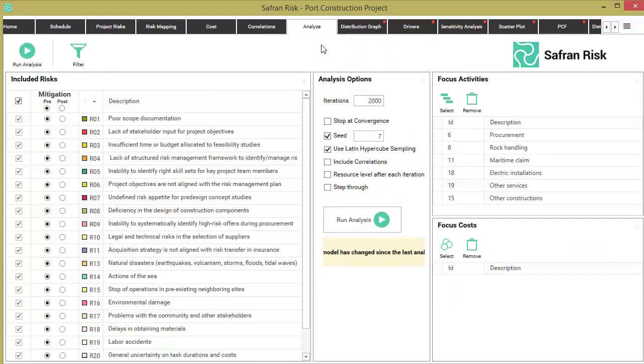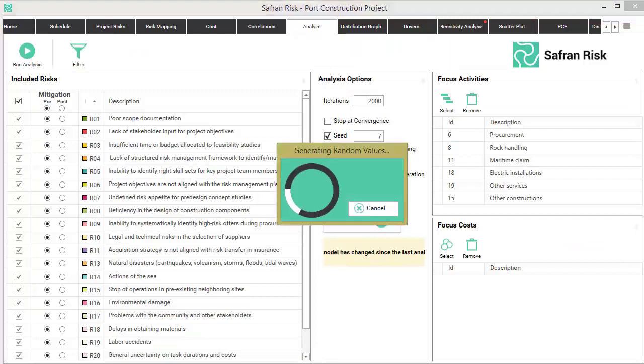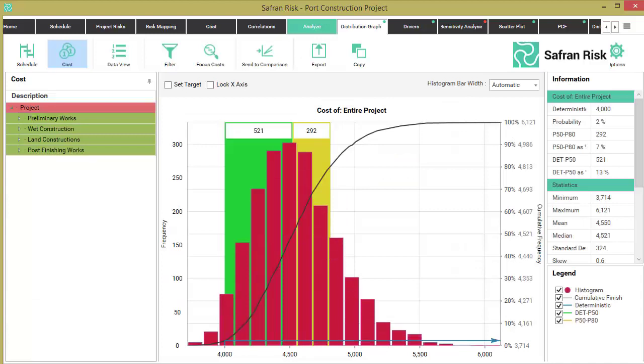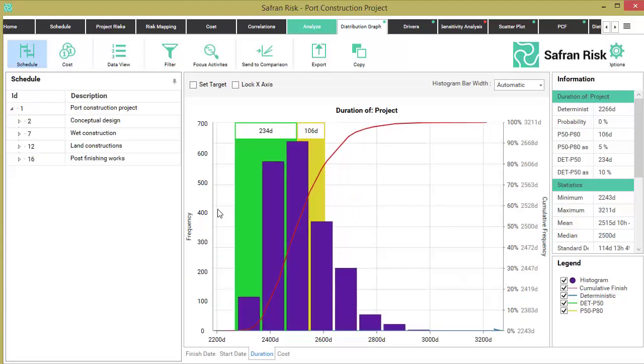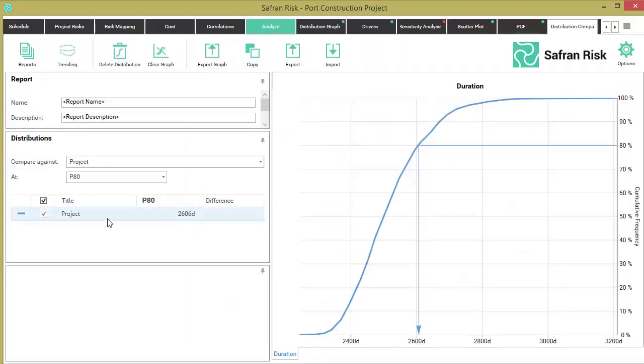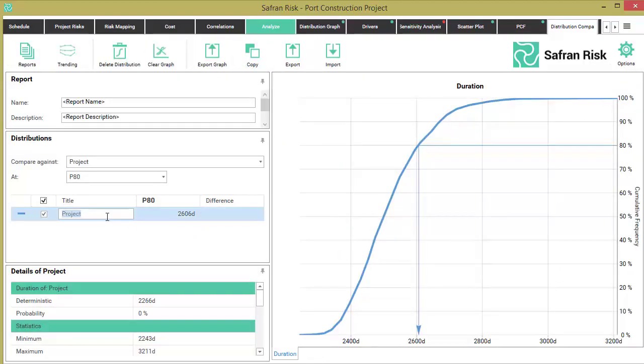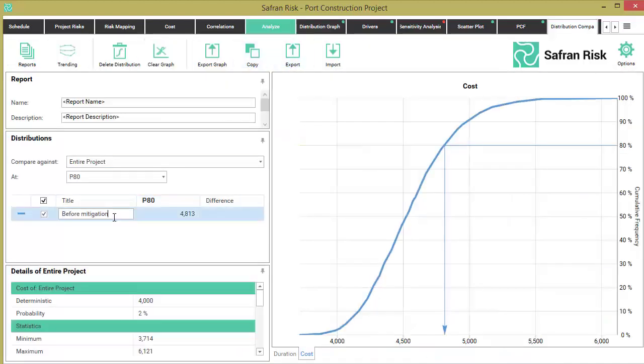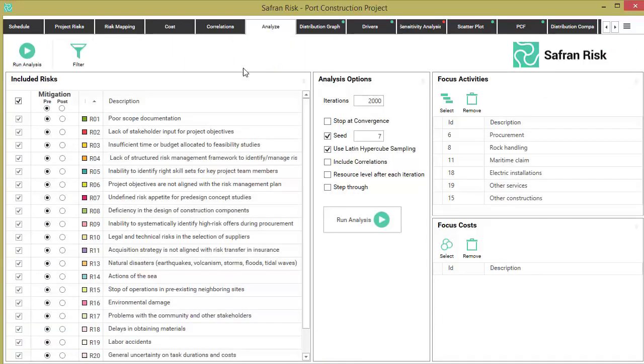We now proceed to run an initial reference simulation before considering this mitigation strategy. After the simulation is run, on the duration histogram we send to comparison, making sure distribution comparison charts have been previously left blank. This scenario is named Before Mitigation. We repeat this process for the cost histogram, sending it to comparison and renaming it again as Before Mitigation. Now we go back to analysis and change Risk 18 to a post-mitigation option and run again 2,000 iterations